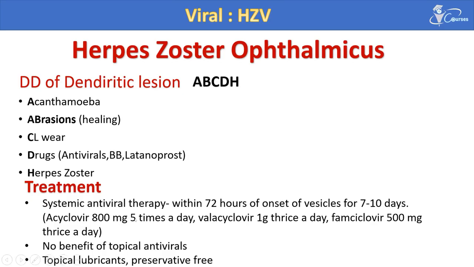So those patients receive acyclovir 800 milligrams 5 times per day. This is double the dose used for viral infection by herpes simplex. For herpes simplex, they receive 400 milligrams 5 times per day. But for herpes zoster, it is 800 milligrams 5 times per day for around 10 days to 2 weeks. Or valacyclovir, or Valtrex, 1 gram 3 times per day, or famciclovir 500 milligrams 3 times per day. As I told you, there is no benefit of topical antiviral, but topical lubricants, preservative-free, will be helpful